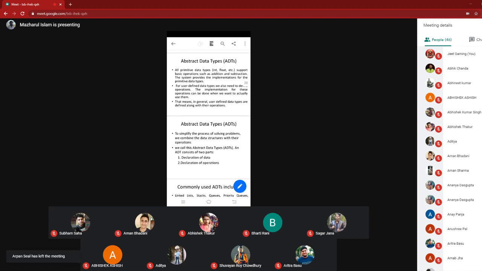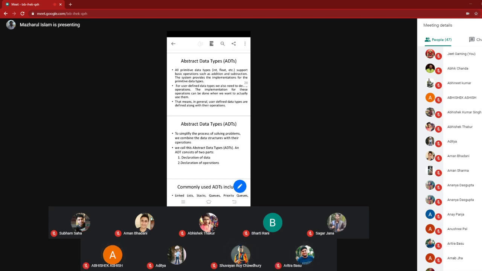Okay, so the operations of abstract data types come into the picture when it is used. When an abstract data type is not used, only a specification is known to all. Is this clear to you? Yes, sir.